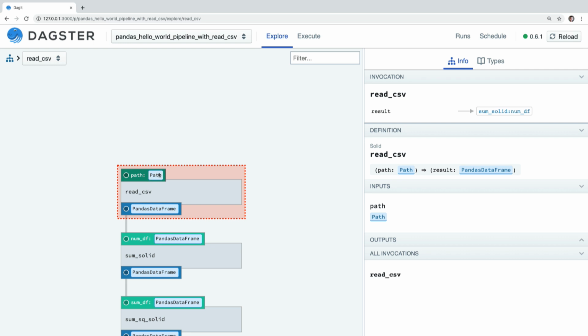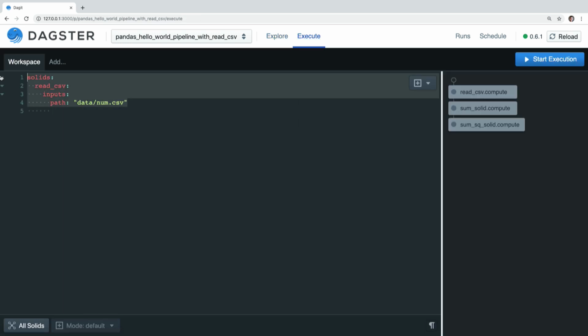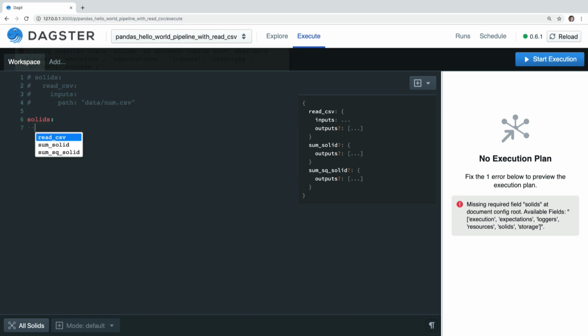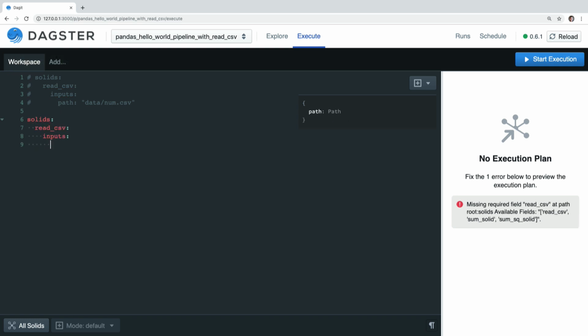In this case, we need to give it the path that it's going to operate on, right? Because this is all strongly typed, we have this strongly typed configuration system in here. We have this tooling at our disposal to actually create these config files. So you say, hey, I need to provide to this solid an input named path.